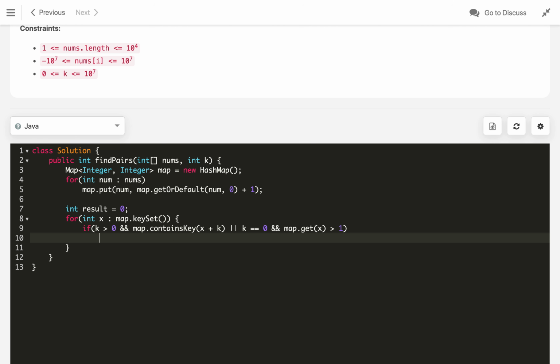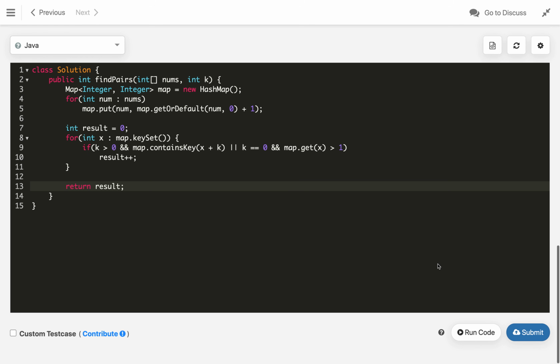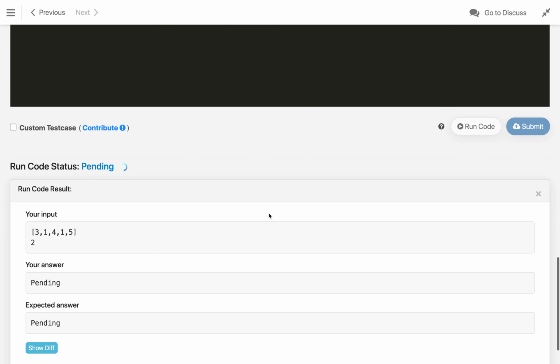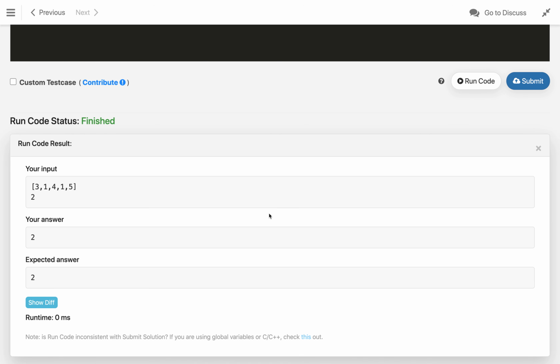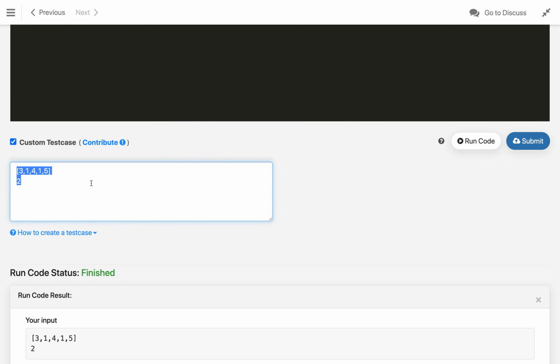If so, we will increment the count, result plus plus, and in the end we just return the result. So this is the simplest solution. Let's compile it and see if our test case is passing. Yeah, let's try some other custom test cases. Let's just make k as 0 here in the same example.